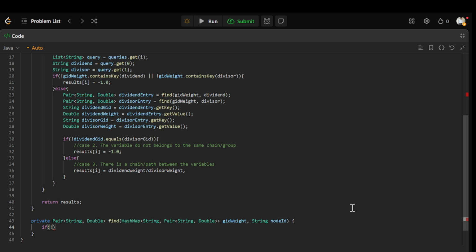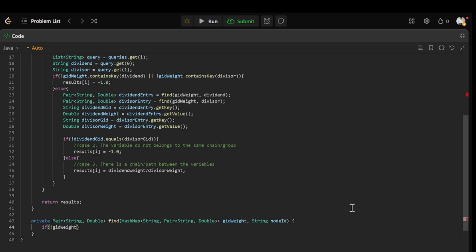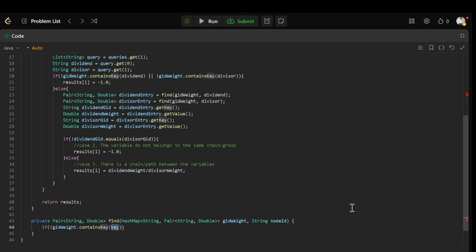So if not group id weight, right, contains key, we can write contains key and then node id value, right, node id. If it is not in there, we will put in the gid weight, then we'll do put and then we'll pass node id, we first will add and then we'll assign a new pair